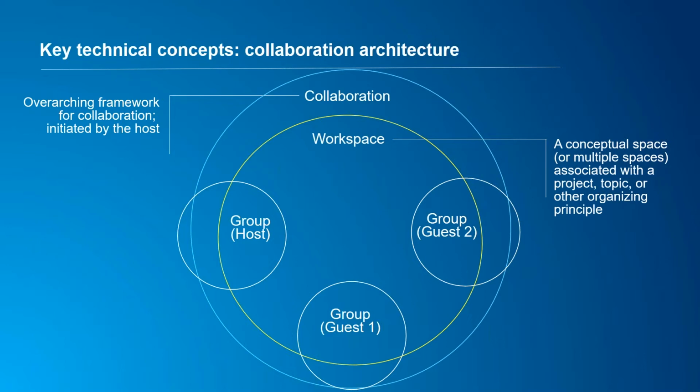And then within that workspace, there are groups. And the host and each guest link groups to the workspace. And so one group might be around damage assessment, or another group might be around transportation. It could be ESFs, community lifelines. It could be a group around sharing of imagery, but all associated with a particular workspace, which, as I mentioned, in this scenario would be around a disaster response.